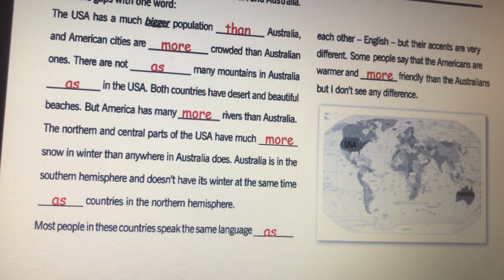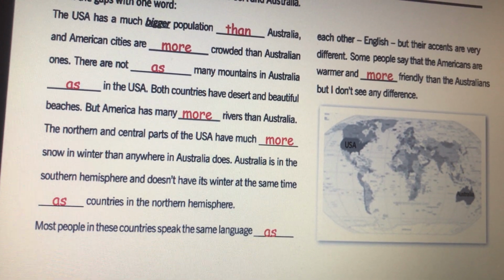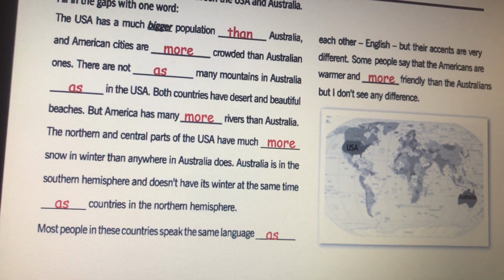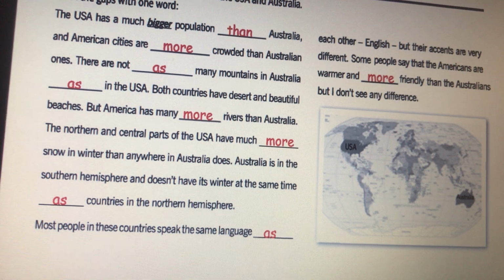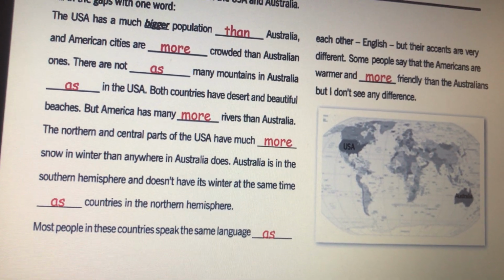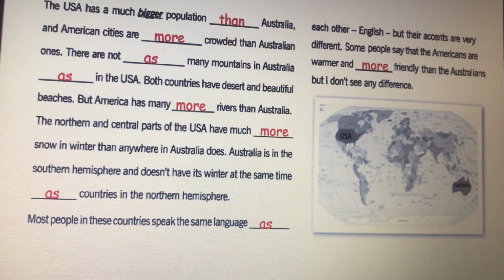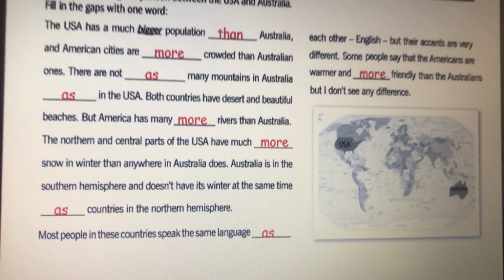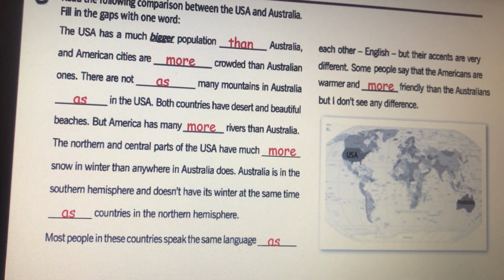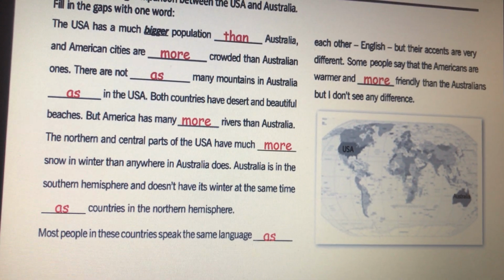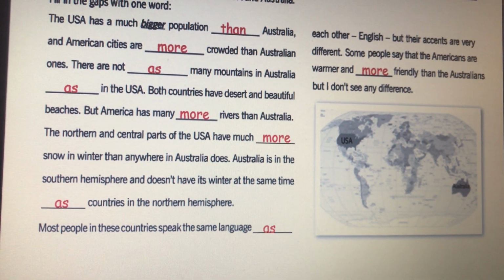The USA has much more snow in winter than anywhere in Australia does. The same time as countries in the northern hemisphere. You know, hemisphere. Hemisphere. The last line down, most people in these countries speak the same language as each other, English, but their accents are